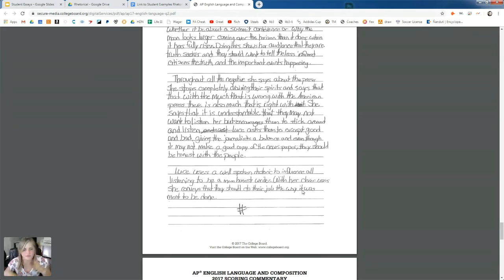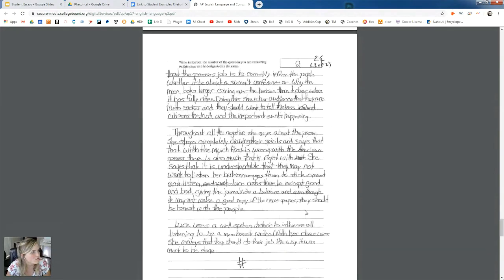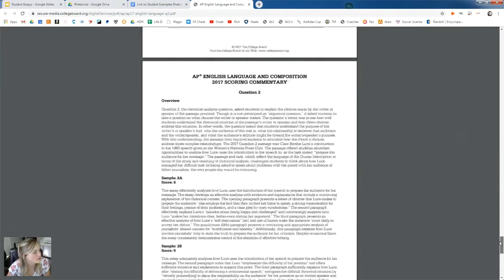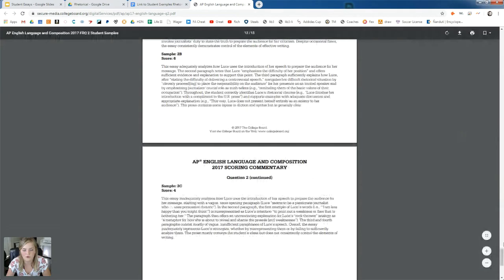Okay, so I'll give you a second to go ahead and either comment if anybody's still in here, or write down what score you think it got. 1 through 9, or just low, high, medium score. And then I'll go look at it. It's going to be 2C. So let's go. Okay, 2C got a 4.